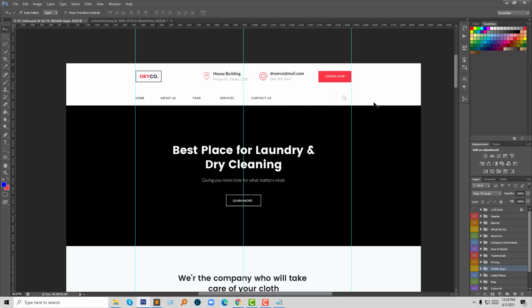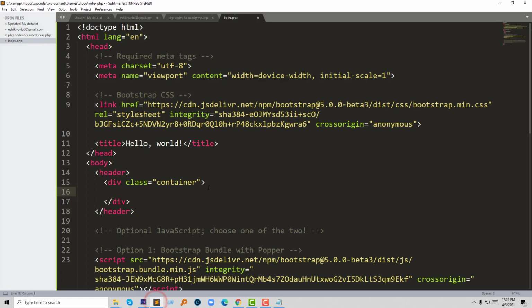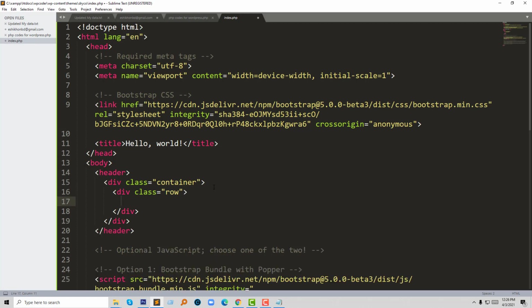Container, and then div class row, then div class col